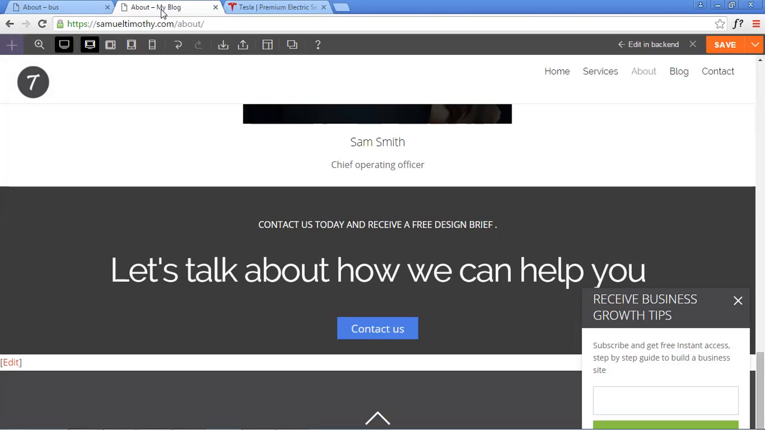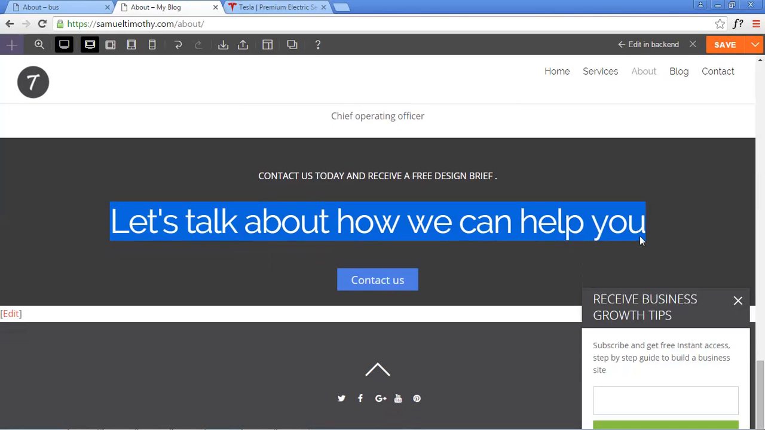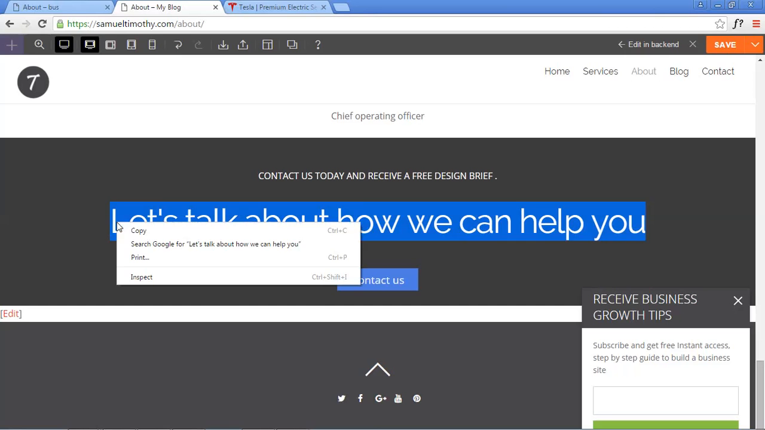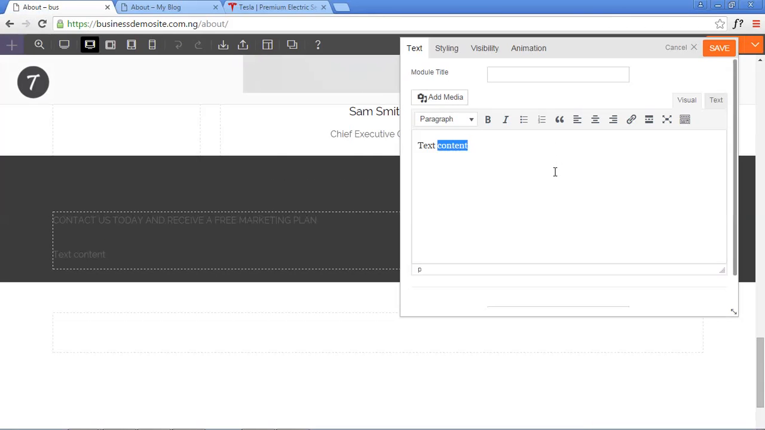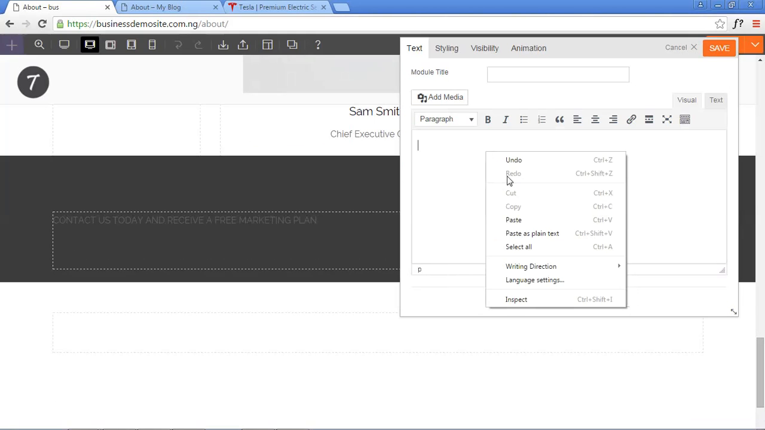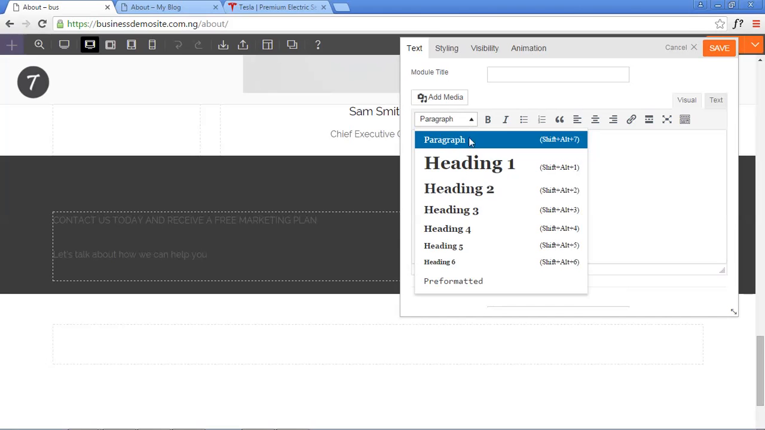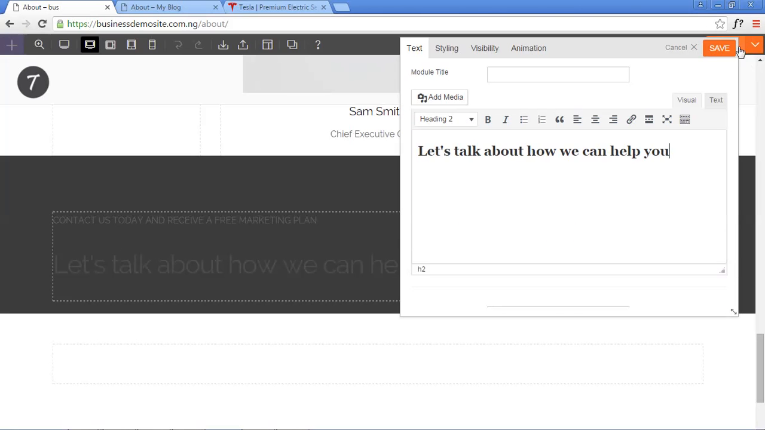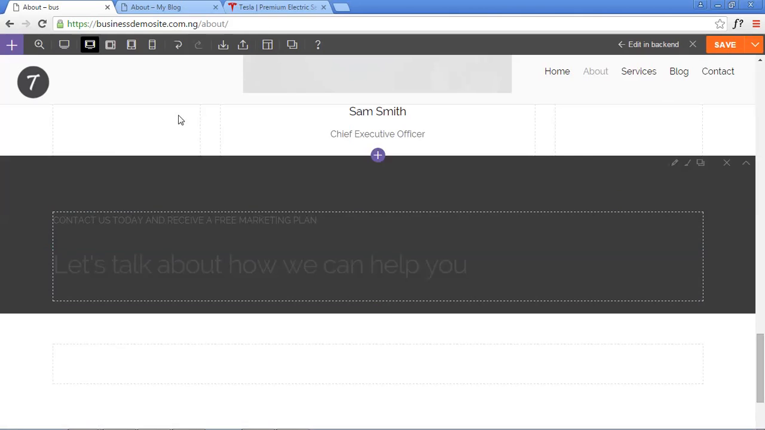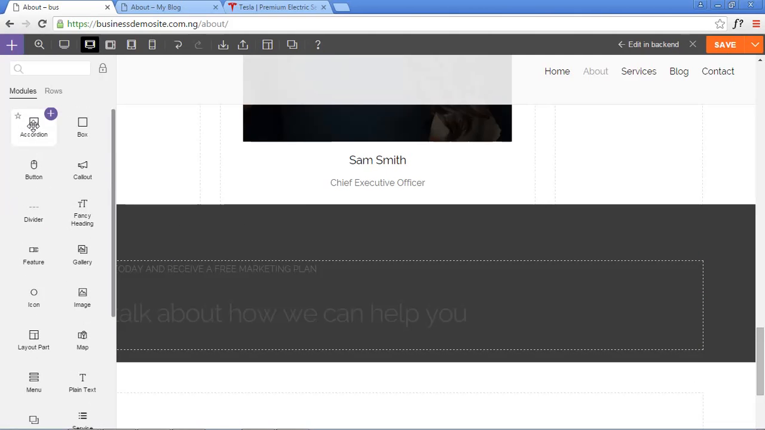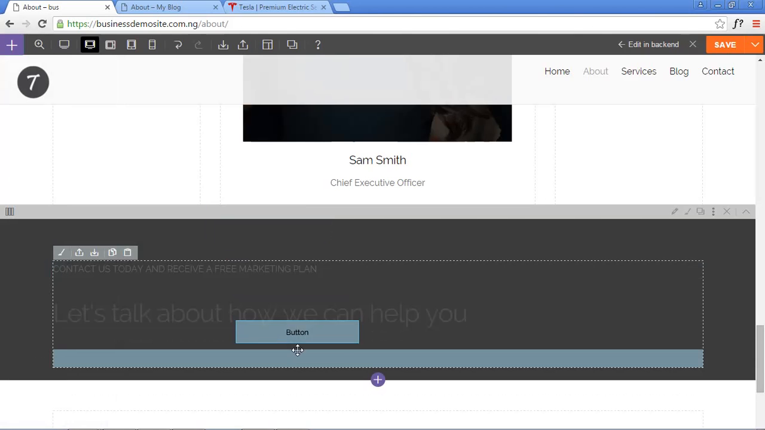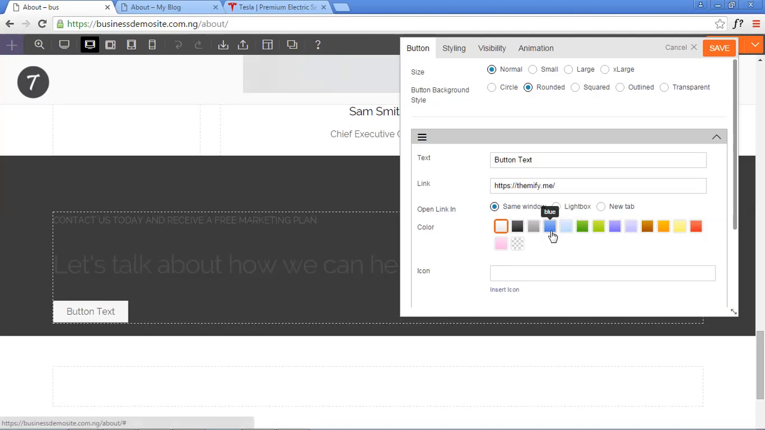where I'll just simply copy and paste. Let's talk about how we can help you. Paste as plain text, then highlight, switch it to heading 2, then save. Then what we'll do next is put in our button below, then switch it to blue, let it open in a new tab, let the size be large, I like it squared, then change the link,